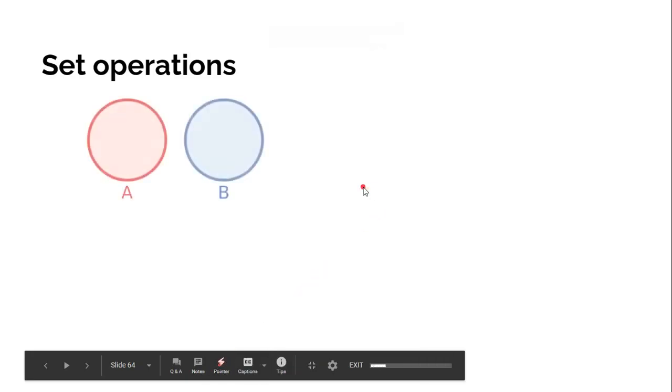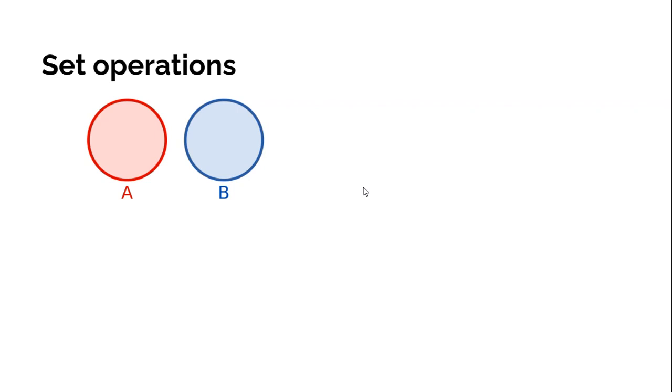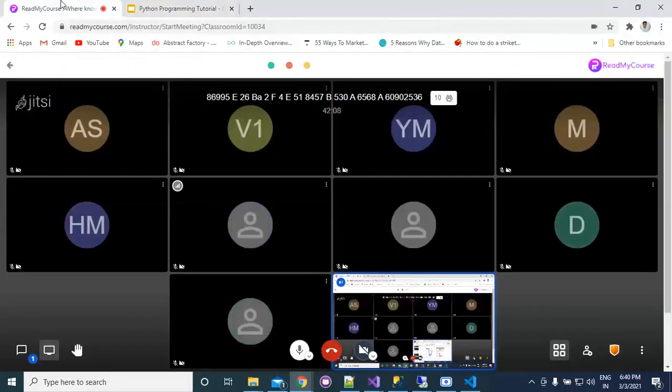Now there are some rules associated with sets. Firstly, we are going to see the example of set operations. So what are set operations? Set operations are those operations which are performed on two sets.